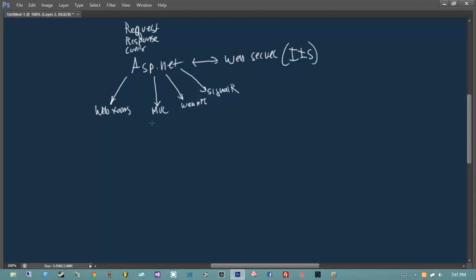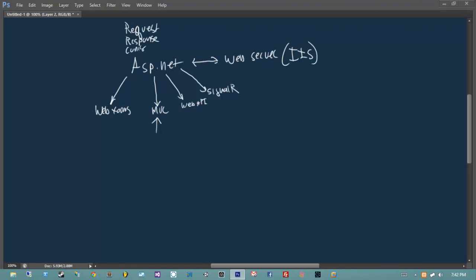Then we have MVC, which obviously is what this video series is about, and it's taken us quite a bit of time to actually get to this point. But it's good knowledge. That's what matters. I really wanted to demystify the ASP.NET stack because it has a very long history and can be confusing sometimes. But anyway, so ASP.NET